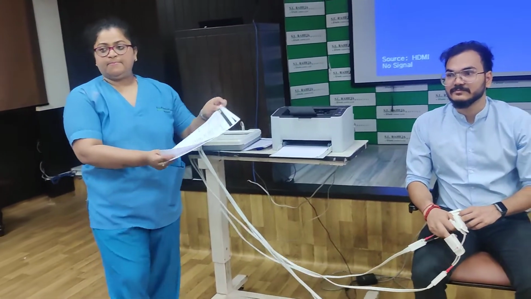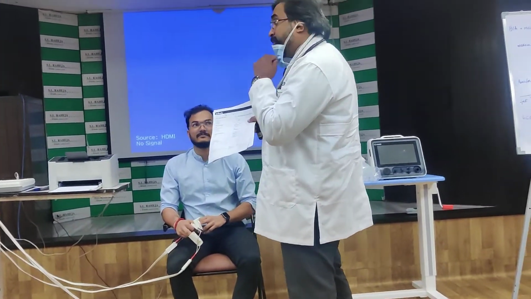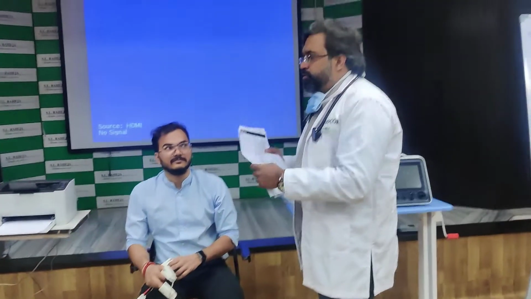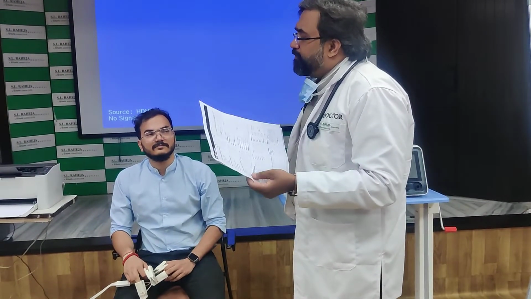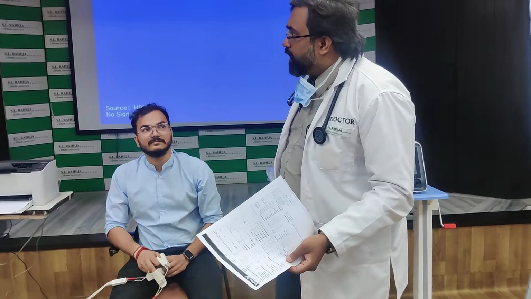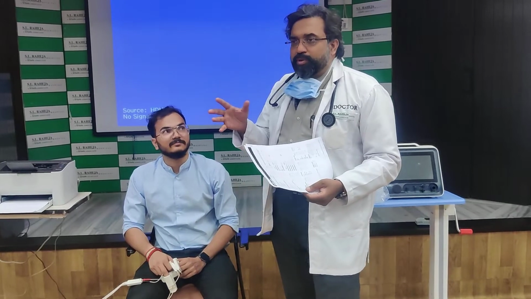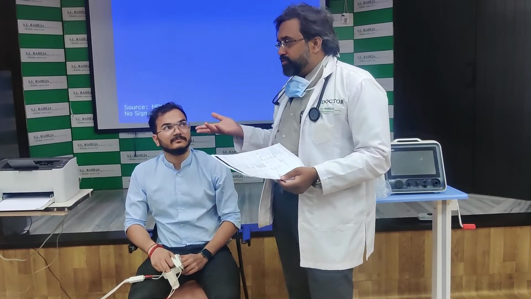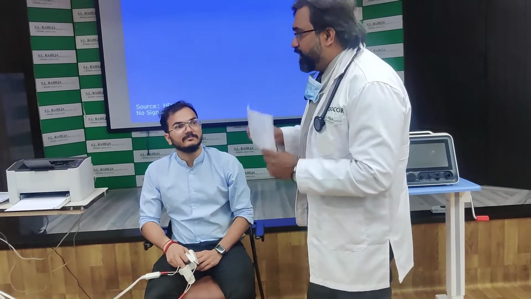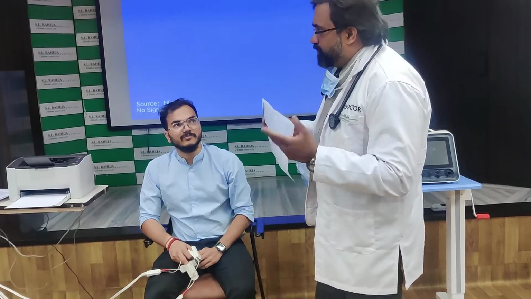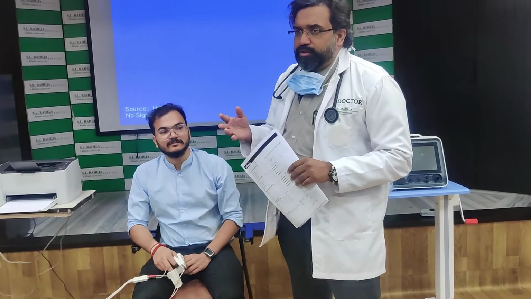You should understand that with this particular machine, there are certain parameters that are measured and certain parameters that are derived. Just like the cardiac index is derived, while with thermodilution the cardiac output is measured. So there is a difference between those that are derived and those that are measured. Here also, there are certain things that are derived and certain things that are measured. The actual measurement is the phase angle. That's why a large number of studies have been done on the phase angle.